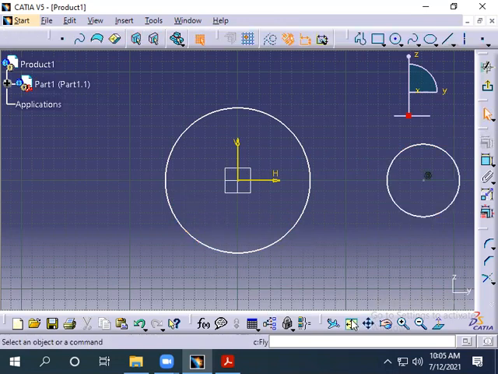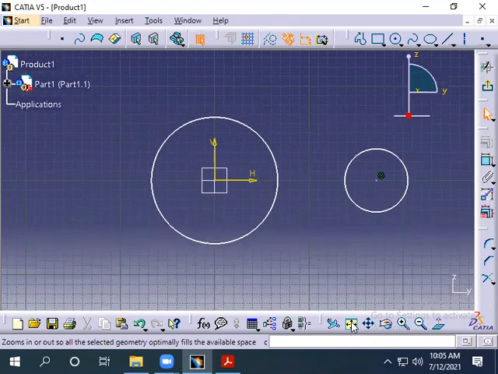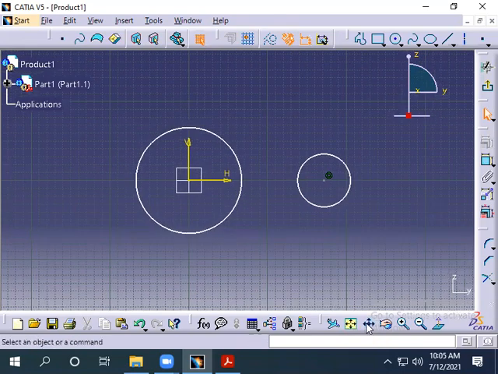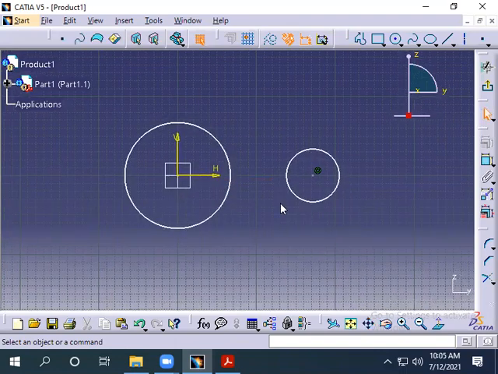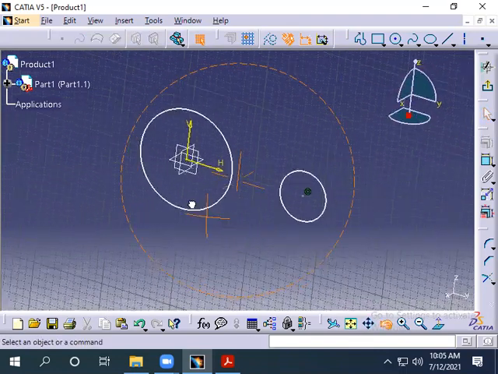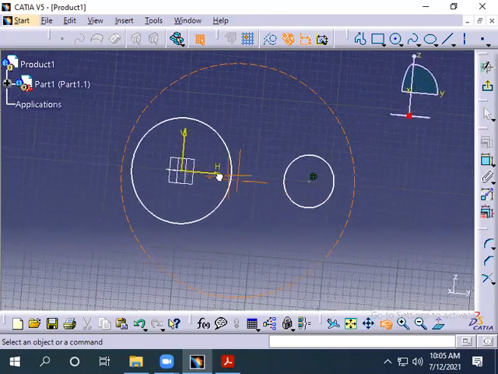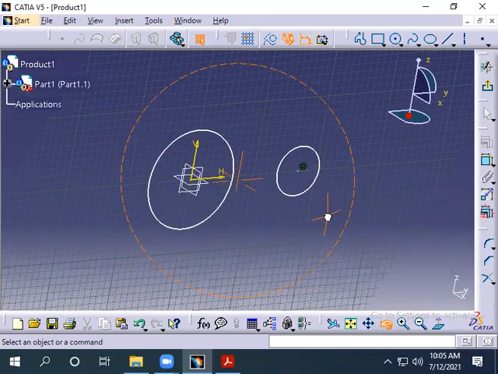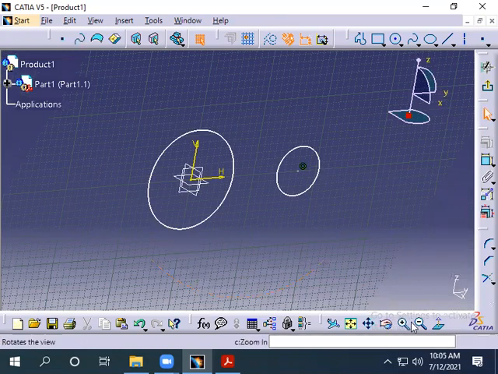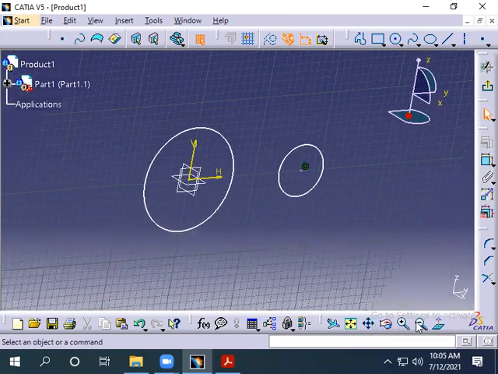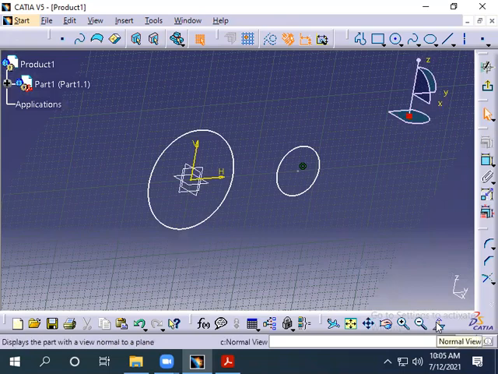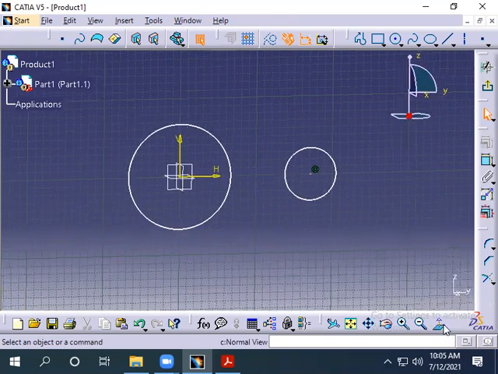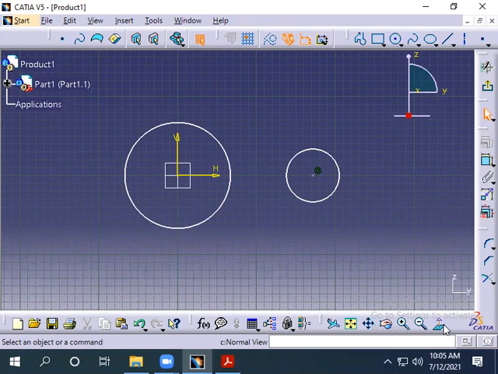Now you see here there are different options. Fit all in, so that will fit the view. This is for pan, you can move the sketch. This is for rotating it. This is not important for your sketch, but important when it comes to 3D. Another thing, zoom in, zoom out, very common. And this is fit normal view. This is important when you have gone out of the normal view of your 2D sketch. You see that normal view will fit it normal to your screen.